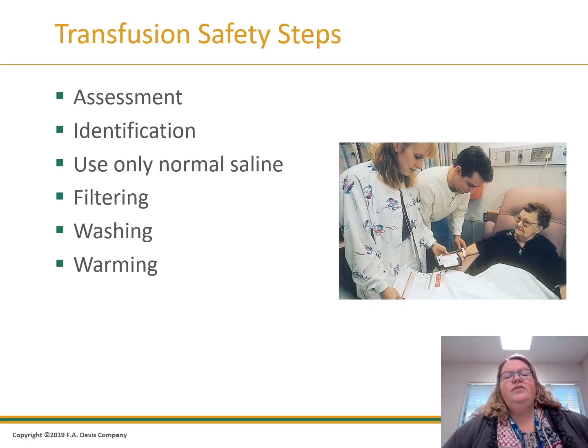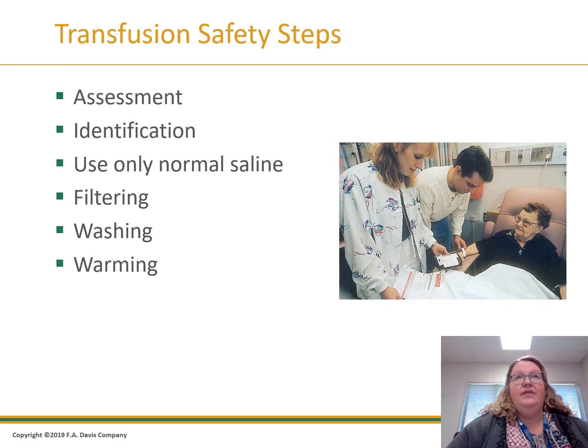So just know for transfusion safety steps, always we're going to assess the patient. We really, really need to identify the patient. Take the time to sit down with two nurses to verify that that's the right patient. We want to use at least 3 identifiers: their name, their date of birth, their medical record number. You also want to match the blood type. You also want to make sure that the blood bank number is accurate and the unit number on the blood